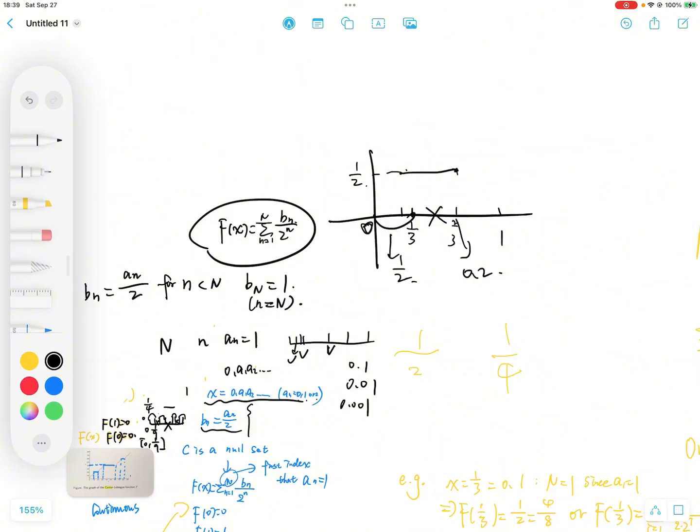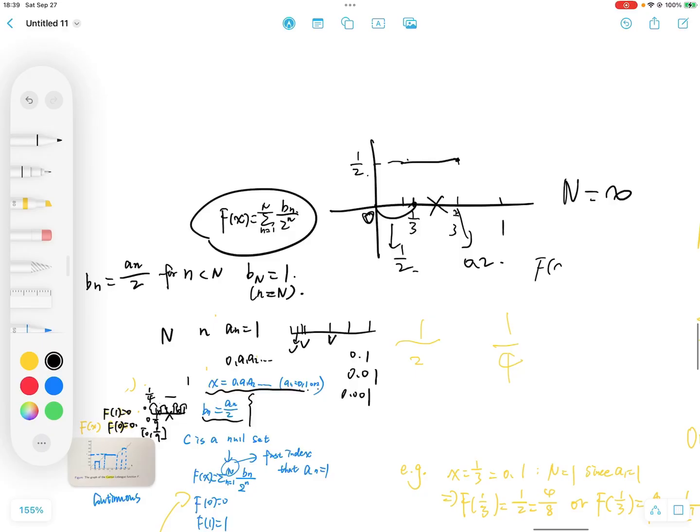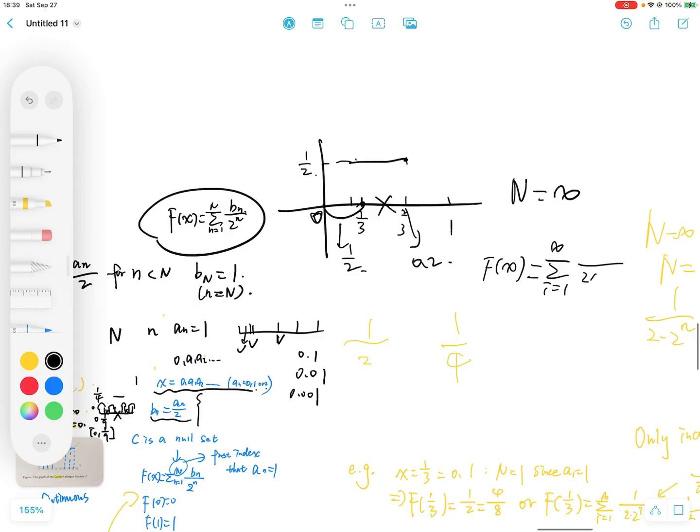So now we further define: if there is no digit that has a_n equal to 1, we just define N equals infinity. In that case, we have f(x) equals the sum from 1 to infinity, which equals